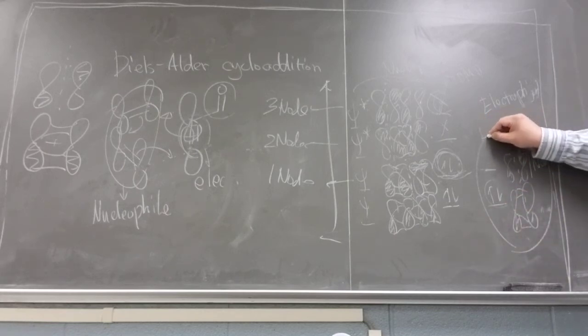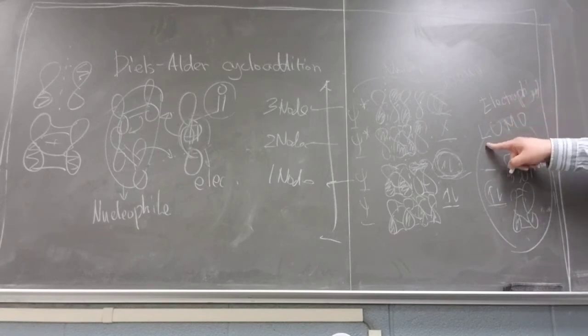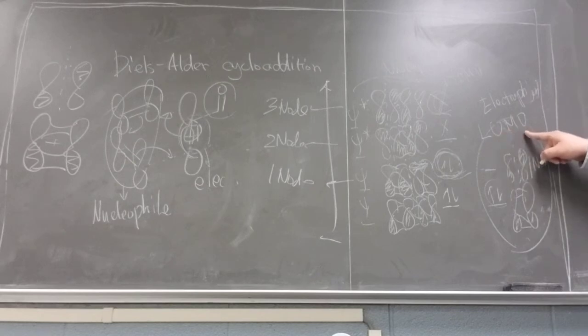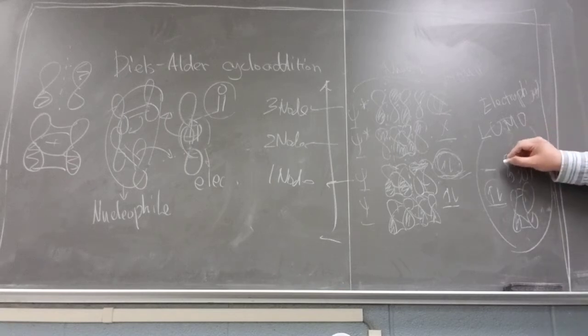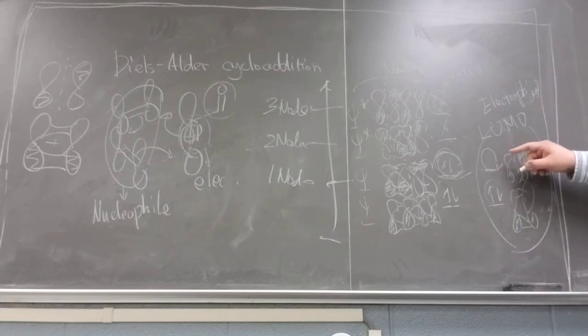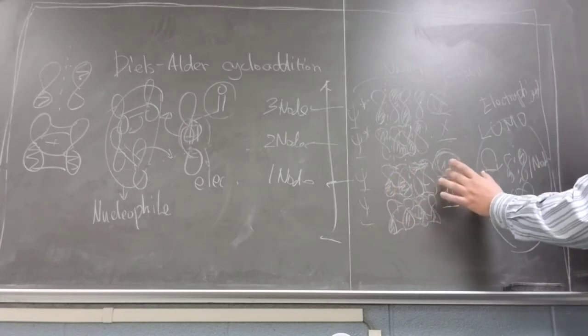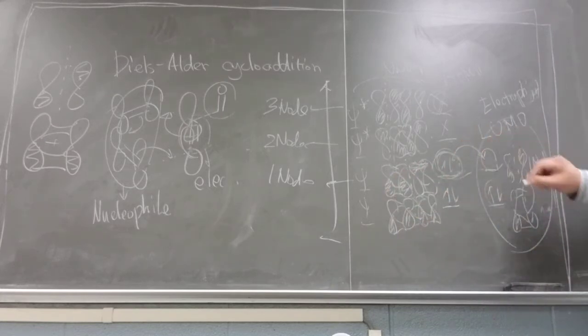So they choose the lowest unoccupied molecular orbital. So we call it the LUMO, the lowest unoccupied molecular orbital, which is what? Here. Because this is filled with electrons, but this is not. Okay? So when those two combine and come into here,